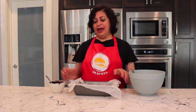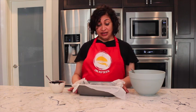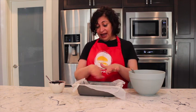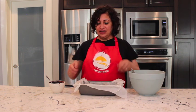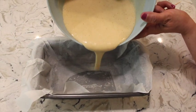So here I have this cake tin. You can use any shape, and I have lined it with parchment paper. Why parchment paper? Because then it would be very easy to take the cake out. Otherwise there is no need. You can just brush it with oil. First put the base,